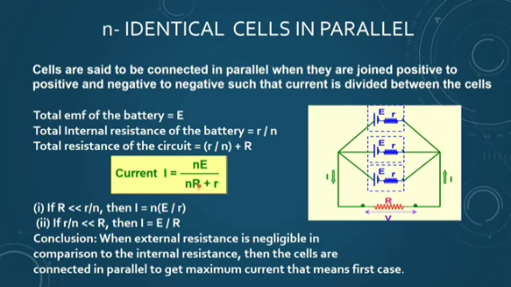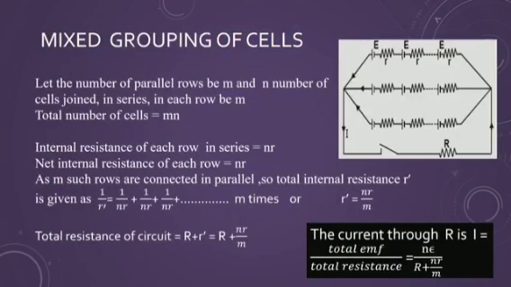So now if external resistance is less than the internal resistance value, then only I am getting current maximum. But if external resistance is greater, then current is coming the same as that of a single cell. So it is of no use. So only if external resistance is less than the internal resistance can I get the maximum current. It means in the first case you can get the maximum current. So you have to mind this thing.